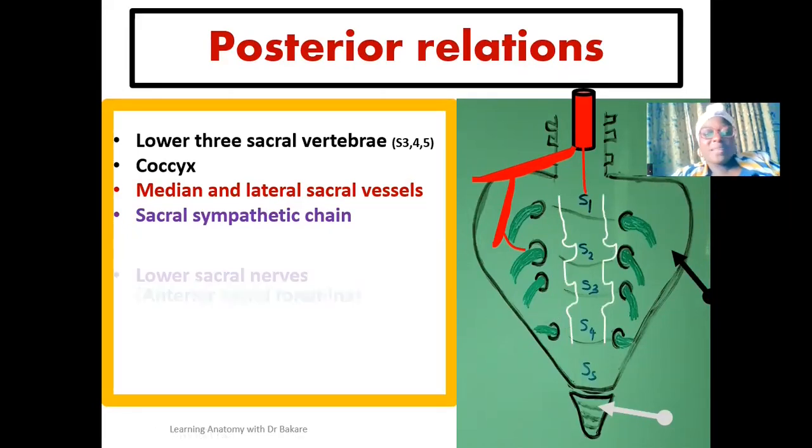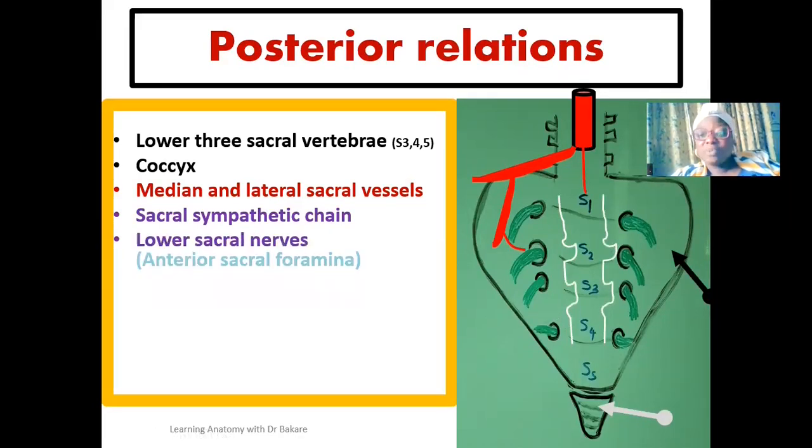Then we have the lower sacral nerves. The lower sacral nerves will be from S3, S4, and S5. Remember, we said that the rectum begins at the level of the third sacral vertebra. So this is one of the sacral nerves departing through the anterior sacral foramen. This is the anterior sacral foramen through which the sacral nerve will pass to be positioned at the posterior